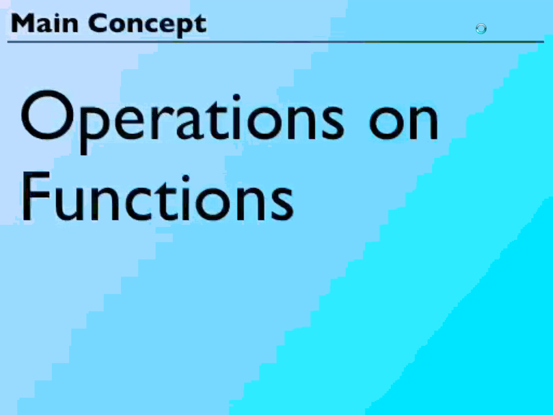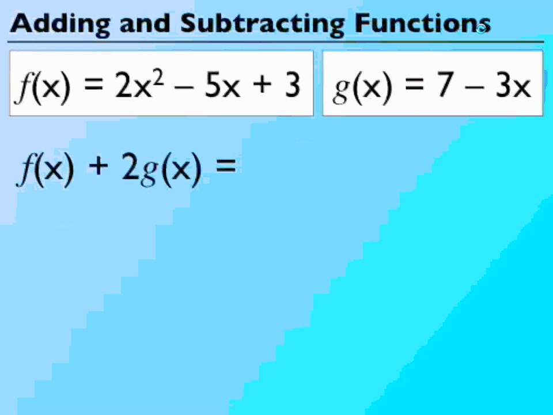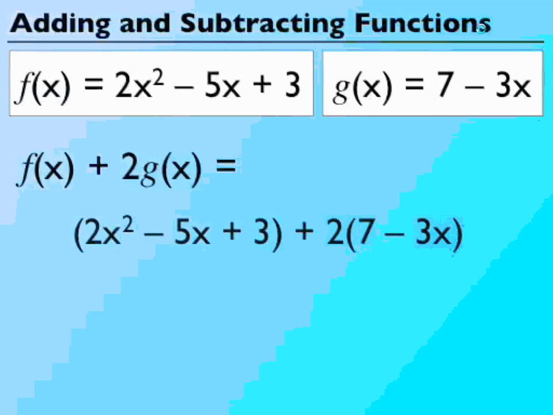All right, the main concept, operations on functions. So this is how we're going to be combining functions this time. Before we were doing composition of functions, putting one inside of another. Now we're going to do operations with functions other than that, like adding two functions, multiplying two functions, things like that. Okay, so we have f of x plus 2g of x. So we know what f of x is, we know what g of x is, we just need to substitute them in. So f of x is 2x squared minus 5x plus 3, and then plus 2 times g of